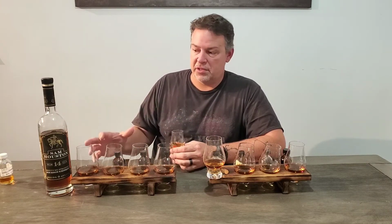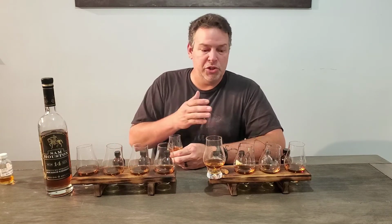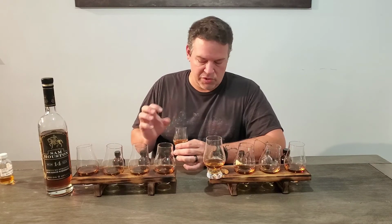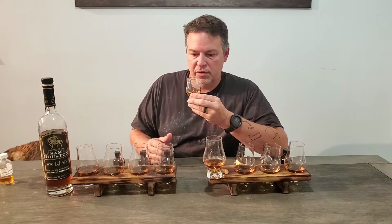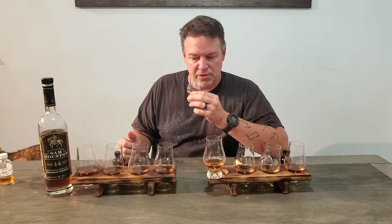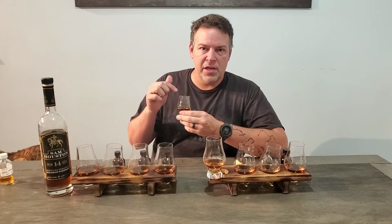Certain barrels are going to be hits at 14-year because of location in the rick house, because of the blend of the different barrels that they're using to make each batch. You're going to have some that are just honey and just gorgeous whiskeys. But that's just going to be by chance. I think 12 is the optimal age for this mash bill for these whiskeys,